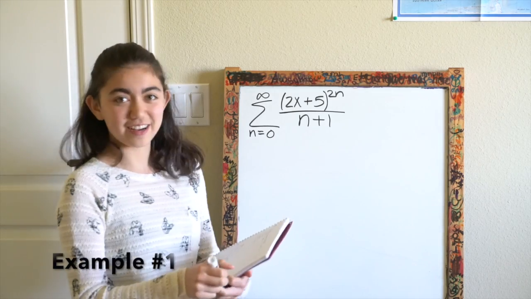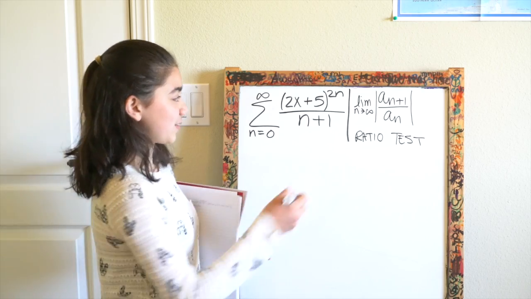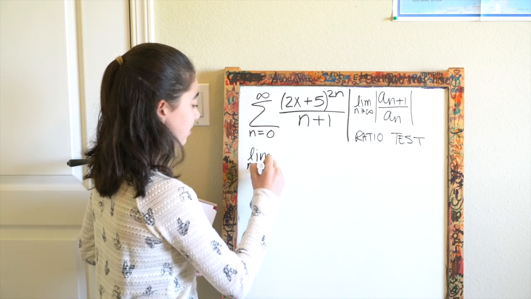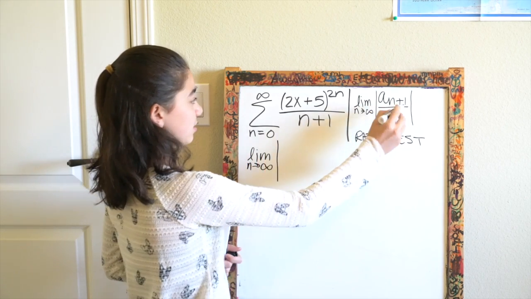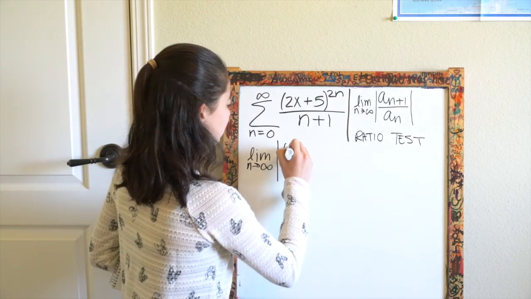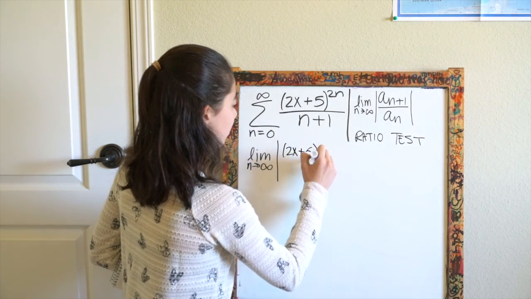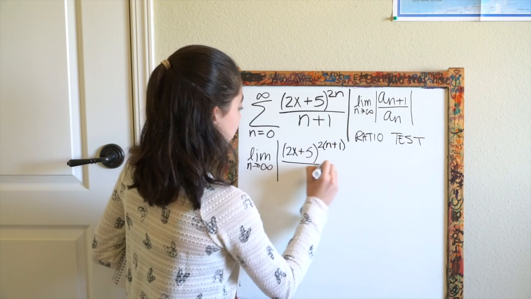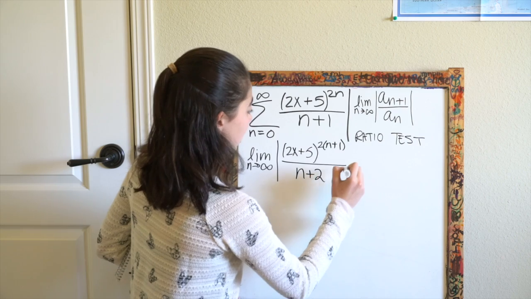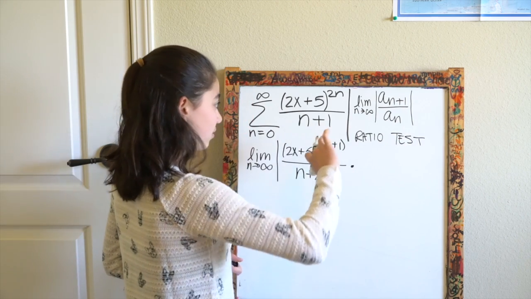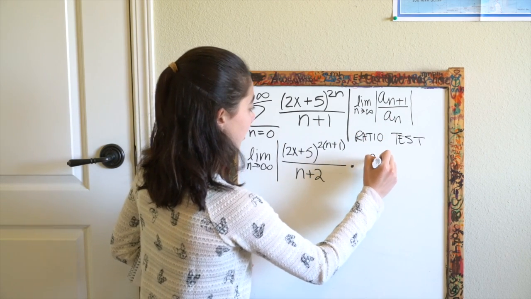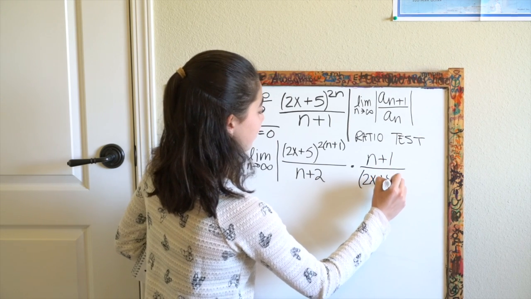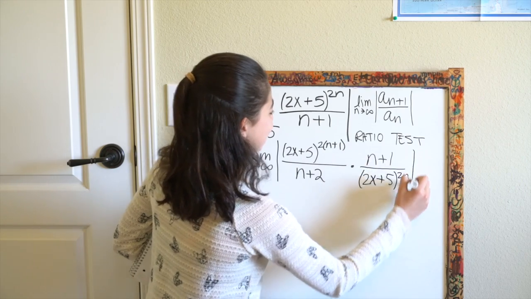So for our first problem, we're going to find the interval of convergence. You'll have to use the ratio test, so it's the limit as n goes to infinity of the absolute value of, and you substitute n plus 1 for n, so it'll be (2x plus 5) to the power of 2, and it'll be n plus 1 over n plus 2. And then you multiply it by the reciprocal because it's on the bottom. So n plus 1 over (2x plus 5) over 2n. Okay, so